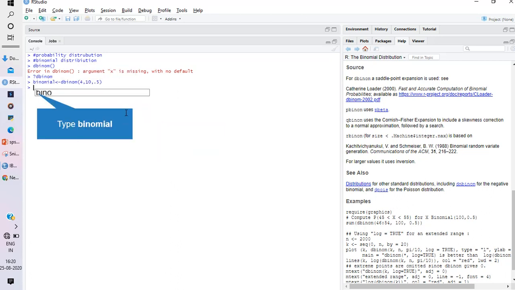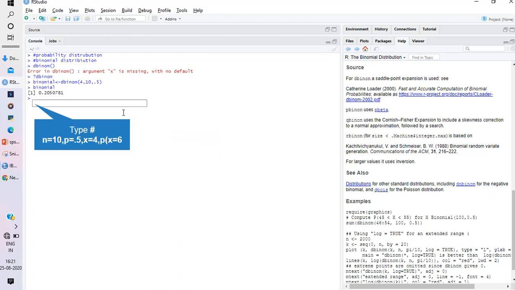What value did I get? 0.2050781. In the density function of the binomial distribution, that is nCx p^x q^(n-x), here n is 10 and p is 0.5 and x equals 4. Now you can apply the formula. What value do you get? 0.2050.